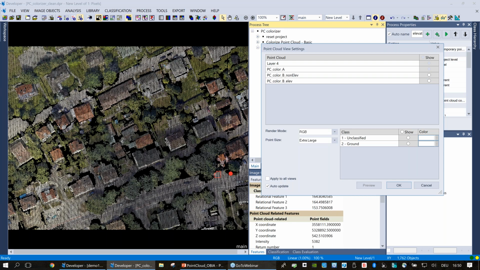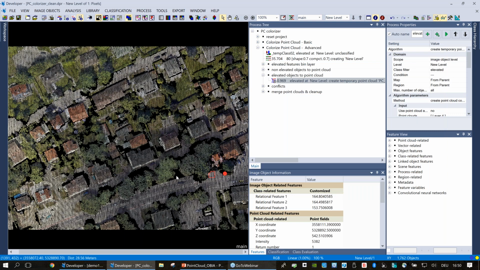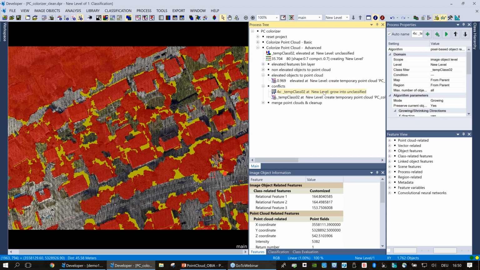We still have some gaps though, and those gaps are coming from those conflict areas. So those areas that we identified as elevated in one data set, but not in the other. And what do we want to do with these? So that is this next step. If I just turn on my classification view here, I can see these objects, and I'm just going to apply a simple